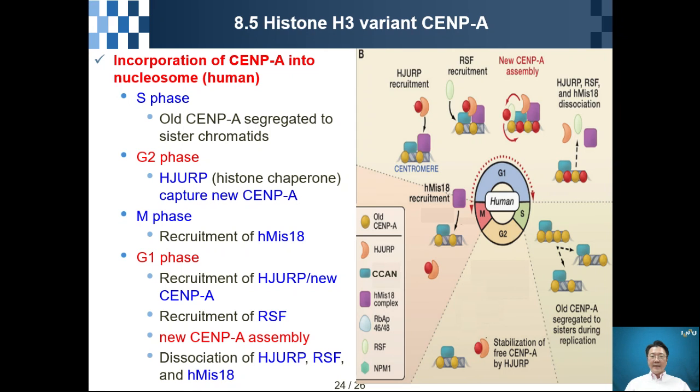Okay, so in this slide, I will explain the incorporation of CENP-A into the nucleosome, especially in human. Let me start from the S phase. During the S phase, DNA is replicated. This is a nucleosome containing the old CENP-A. The nucleosome containing old CENP-A is segregated into sister chromatids, like this. After that, during the G2 phase,